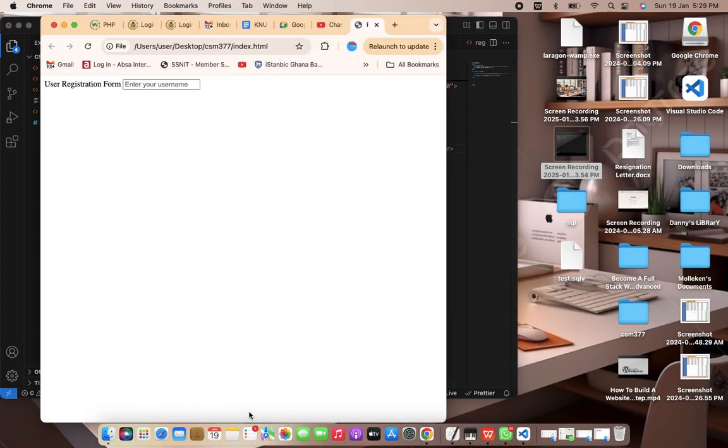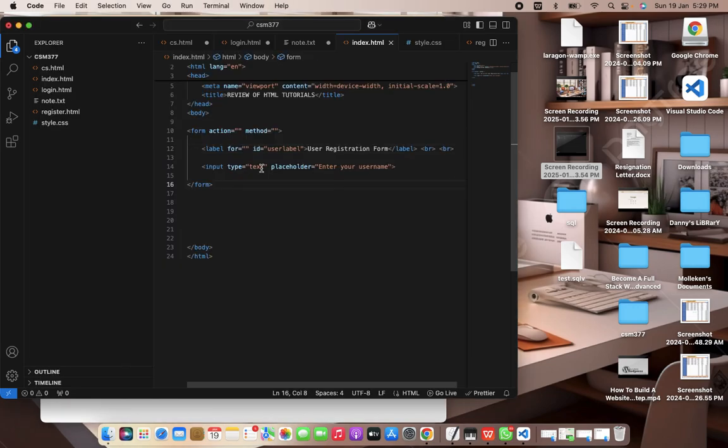Now when I go and refresh, I will see it on the next line. Maybe the form you are designing, you want it to have some, see, when you click inside, the enter username will not go away. But as soon as you start typing your name, the enter username will go, which is not logical for what the person is really typing. So you can just start by giving it enter your name or username,